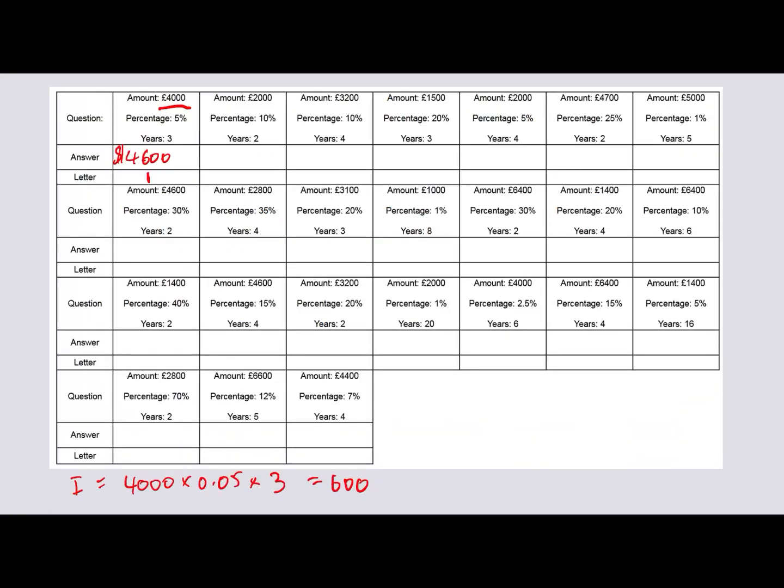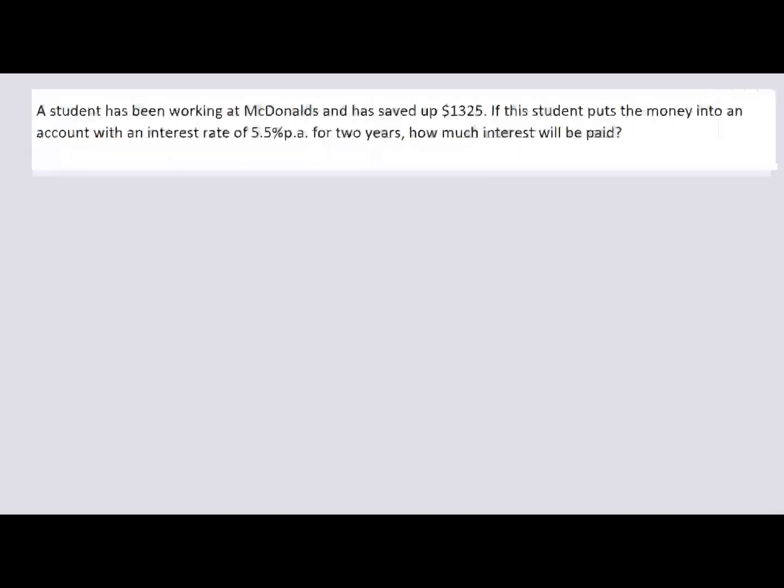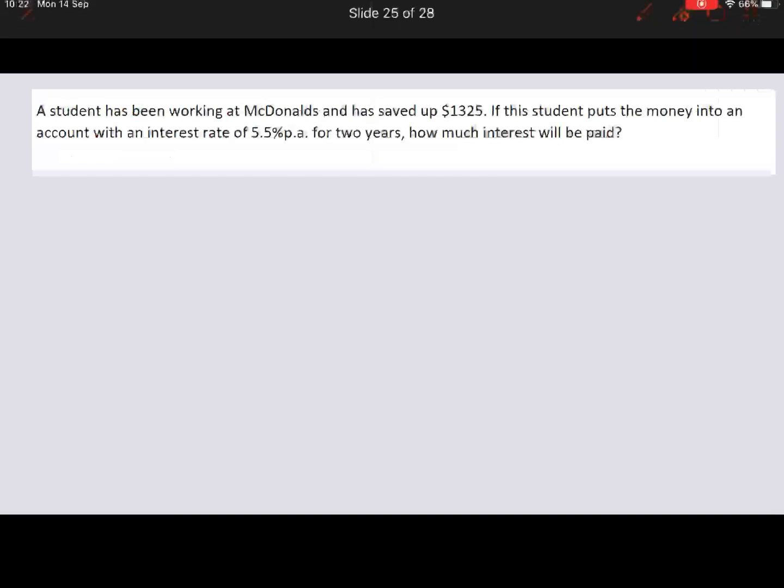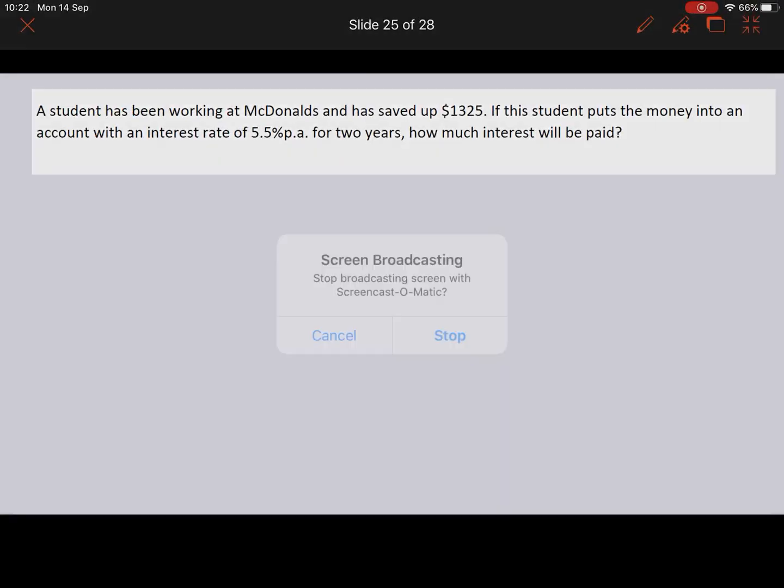Okay, so the total amount of money that you would have at the end is $4,600. Then look at the code. Look for 4,600. There it is. So that's an F. So the letter is F. When you fill in all these letters, it should tell you the answer to the